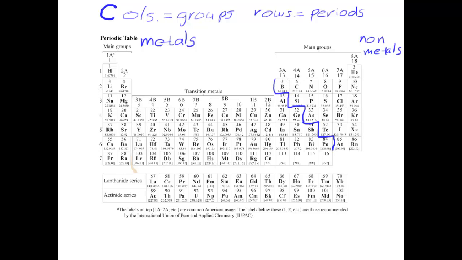So these elements that are right along the stair-step line, so I'm going to highlight those: boron, silicon, germanium, arsenic, antimony, tellurium. Those guys right there, those are what we call metalloids. Or sometimes they're called semi-metals. And they're going to have properties in between metals and nonmetals. Silicon, in fact, is the material that makes up computer chips. So if you've ever taken out a computer motherboard and looked at one of those chips, you'll see that the